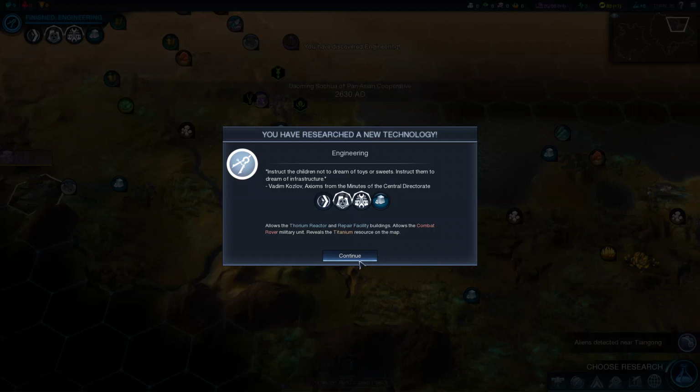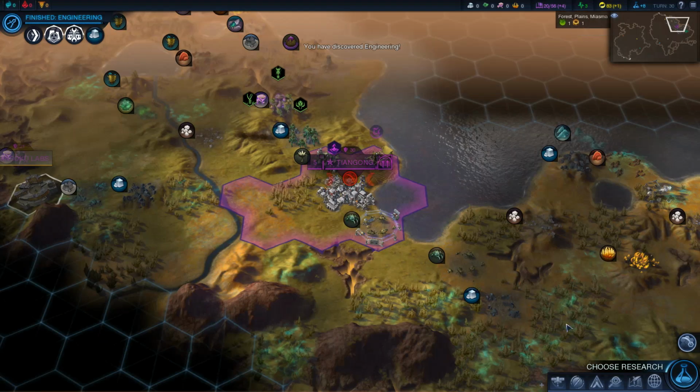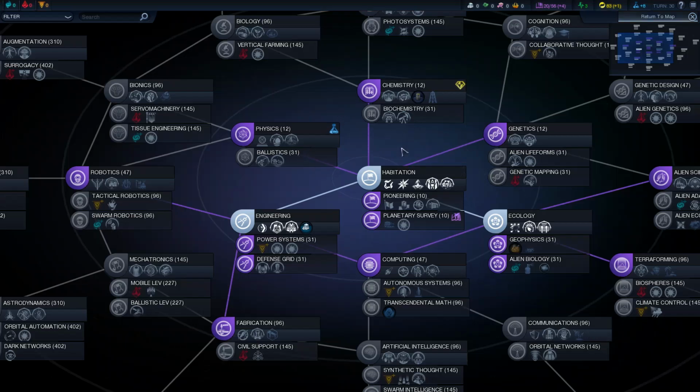Instruct the children not to dream of toys or sweets. Instruct them to dream of And I think we've already discussed what that one does, so